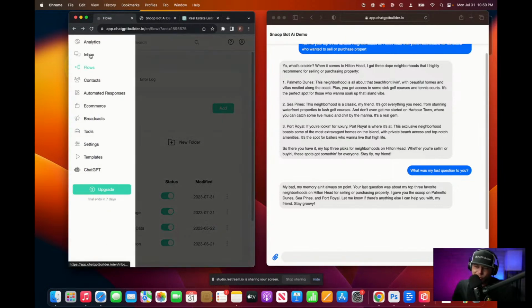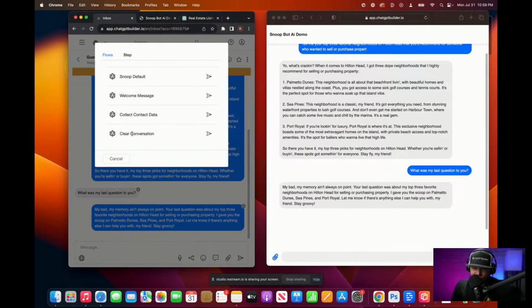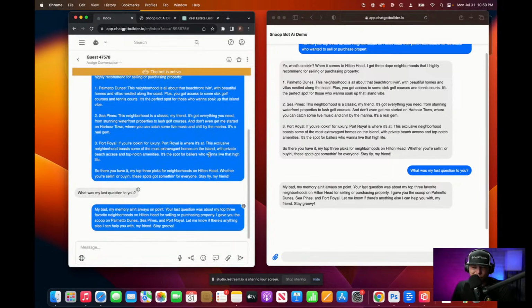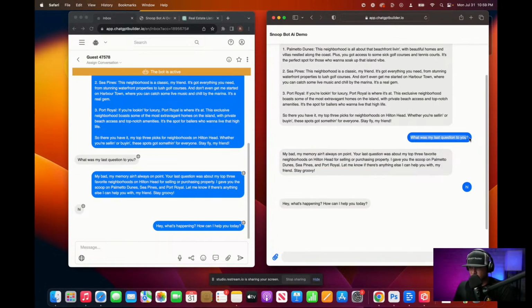But in this case, I want to kind of start fresh. So what we can do is we can open up our inbox here, and we have built in for you clear conversation. So I just sent that to the user, which is here. There's no text connected to that flow, so it just worked. And so I'll just say, hi. And then I can say